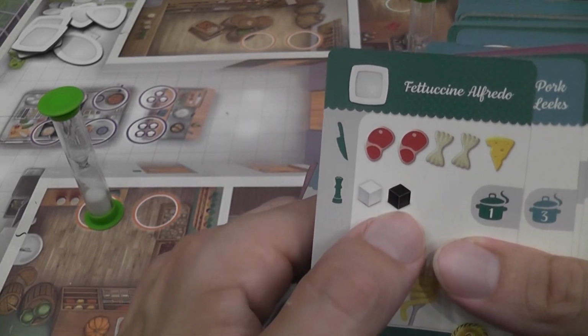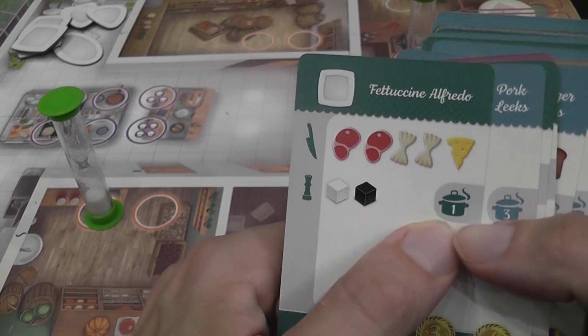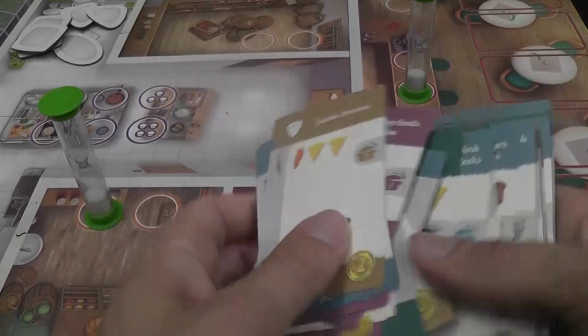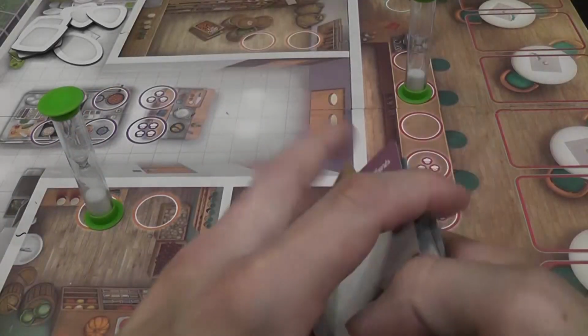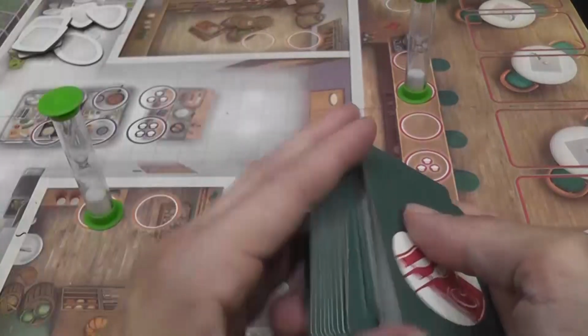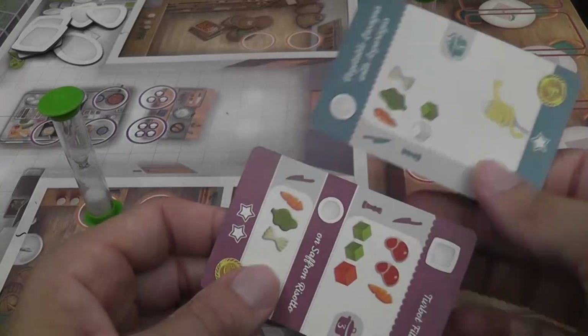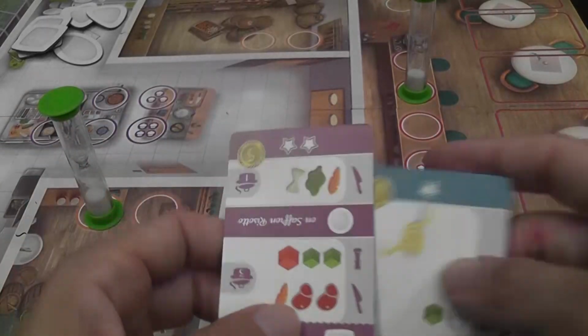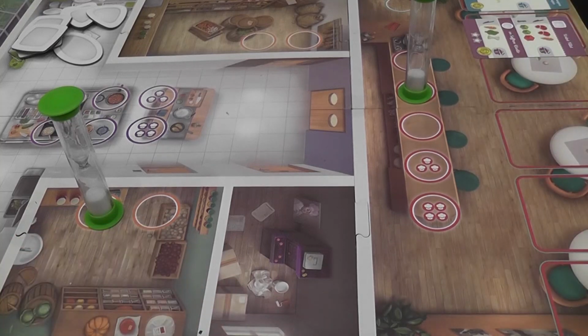The spices, if any, and then how long it needs to cook. This one needs to be cooked once. This dish here, more challenging, needs to be cooked 3 times. So you shuffle these cards, and at the beginning of the game, again, first you prepare the deck based on which kind of customers you're gonna have in that scenario, and then you place 2 cards in those 2 slots